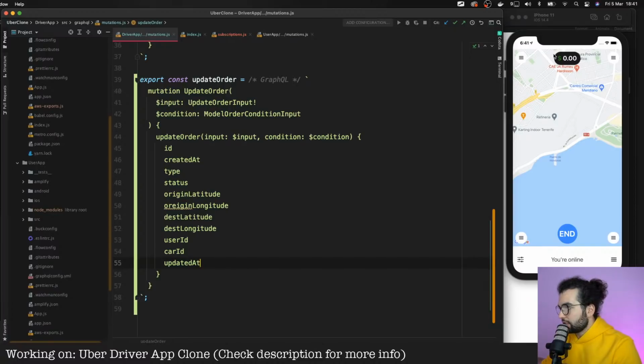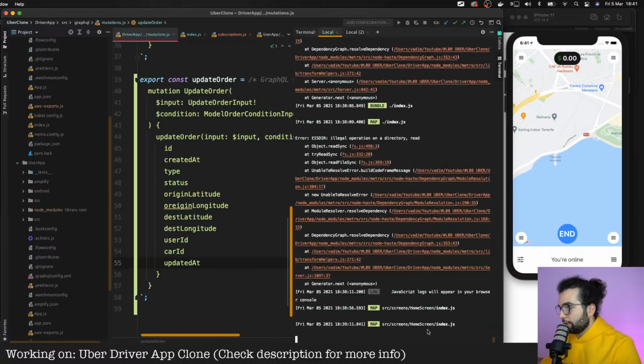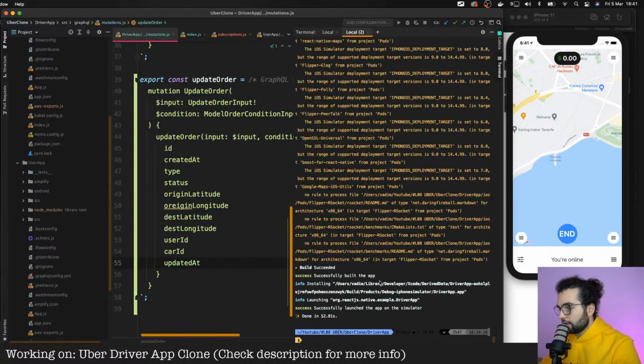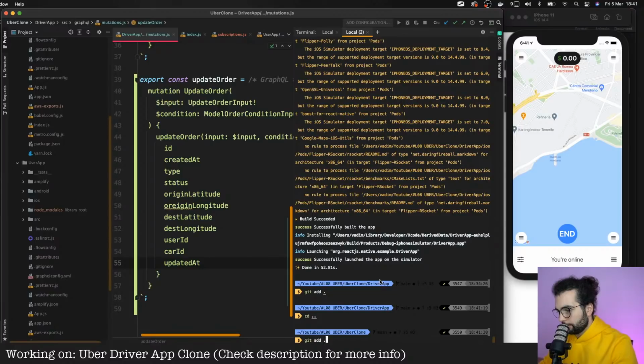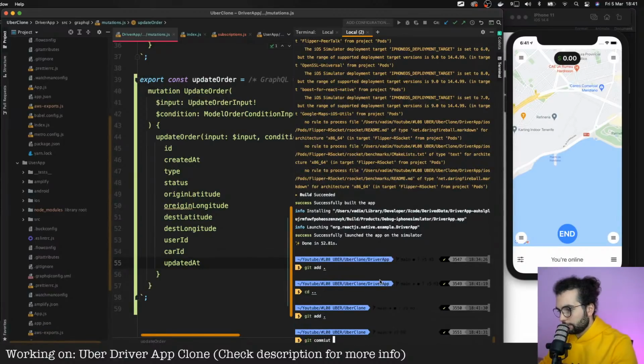So yeah, I think that's it for today. I'm pretty sure that it works. I will do a video demo showing side by side. Let me first of all git add, git commit -m, but no, not from driver app, but git add, git commit -m.